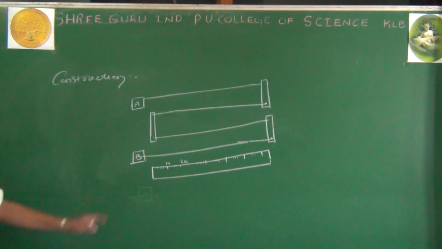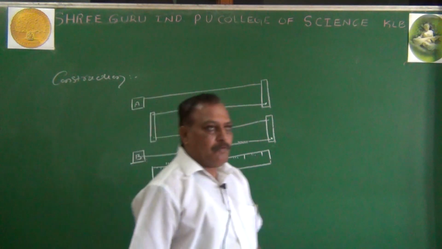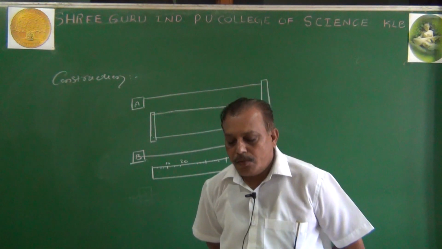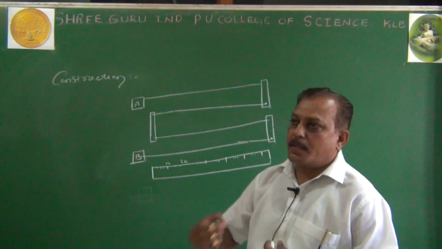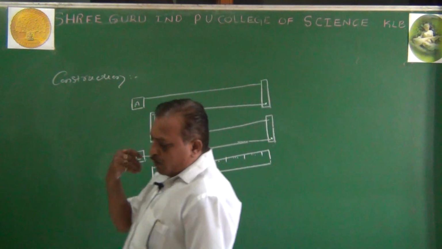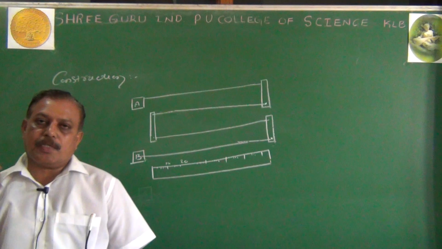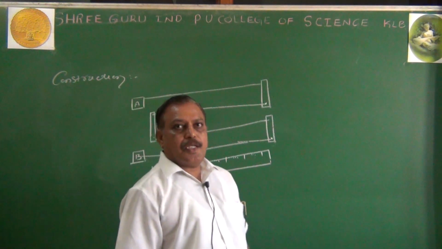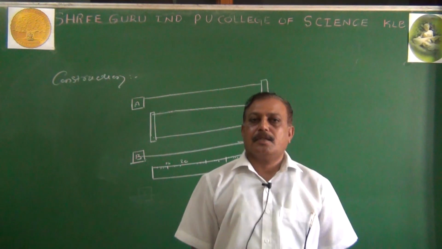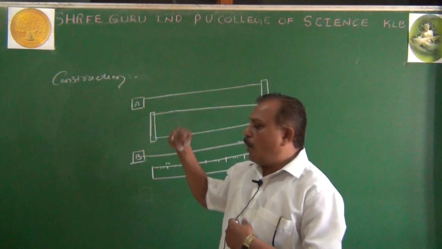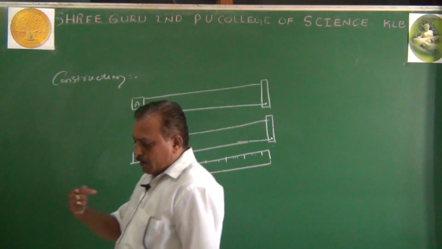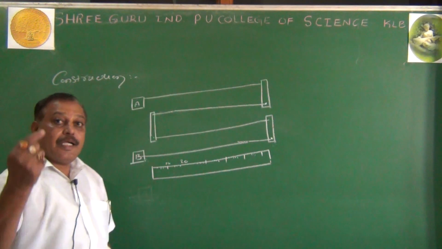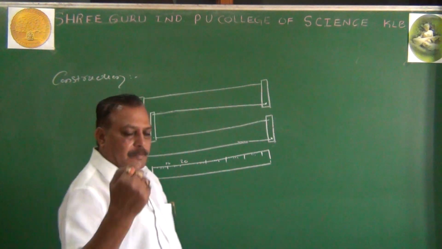And the wire used for the construction of the potentiometer is constantan or manganese. Now these are alloys. Why not copper? Copper is a good conductor, but when I compare the alloys and copper, constantan and manganese have a low temperature coefficient and high resistivity. That is the main factor.